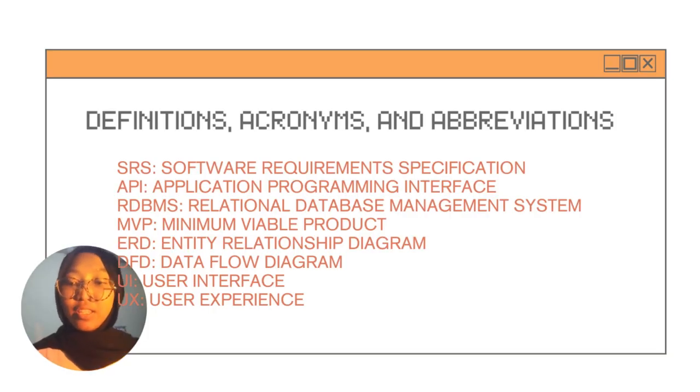Okay, let me explain the definitions, acronyms, and abbreviations. In the context of a software requirements specification or SRS, the terms definitions, acronyms, and abbreviations are typically sections that provide clarity and understanding for readers. So, in this SRS of the Serenora Clothing Store mobile application, we have the definitions, acronyms, and abbreviations, which are